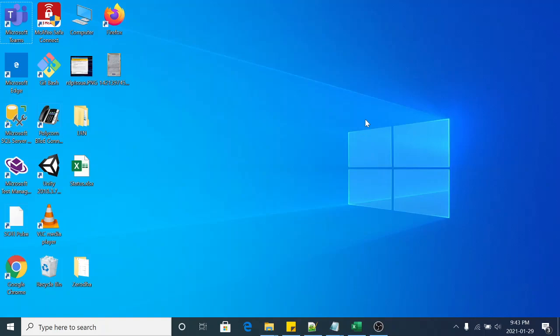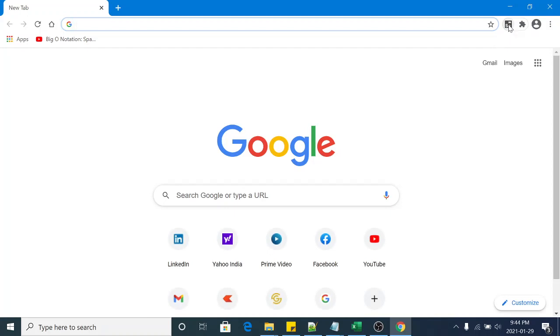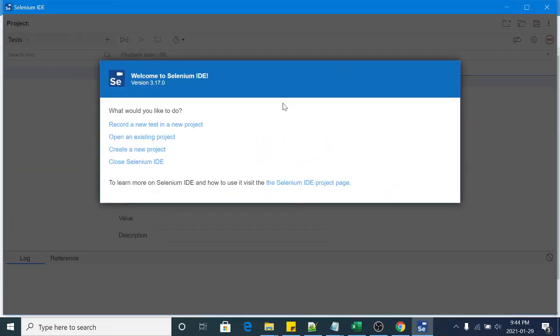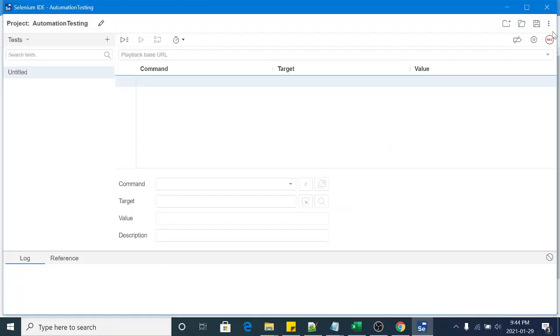Okay, so let me show you practically. Let me launch Selenium IDE. Let me create a new project, automation testing. Let me record one scenario here.